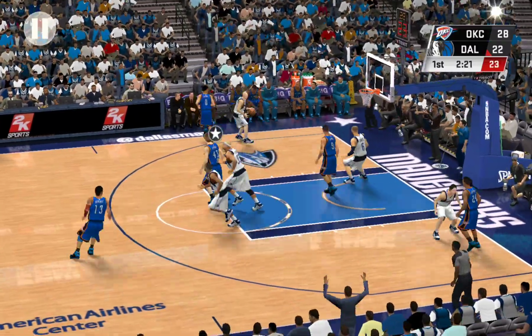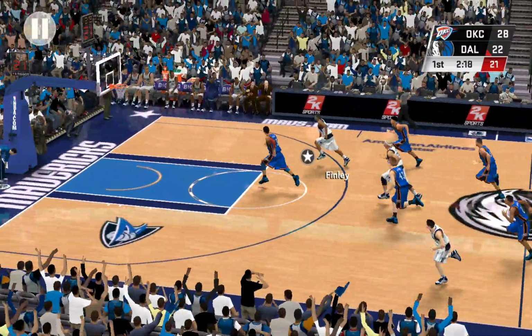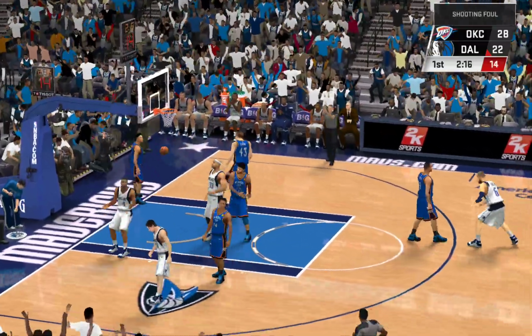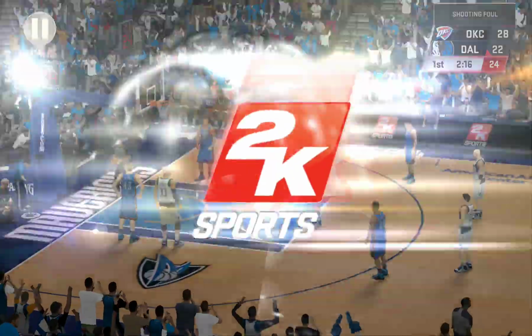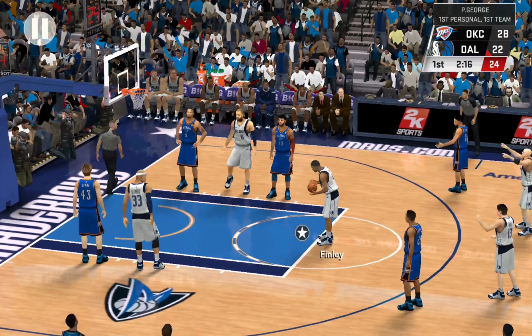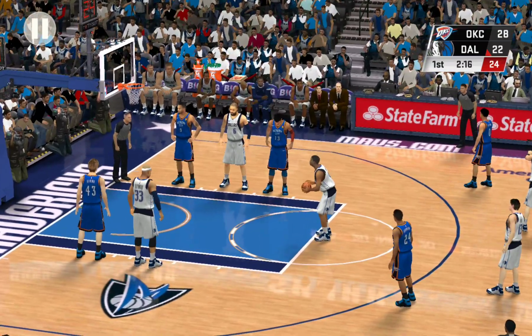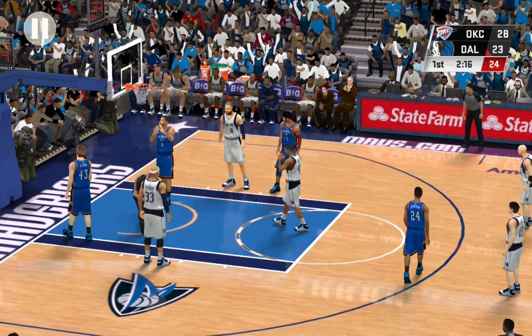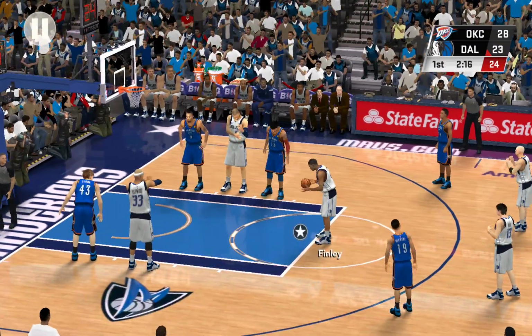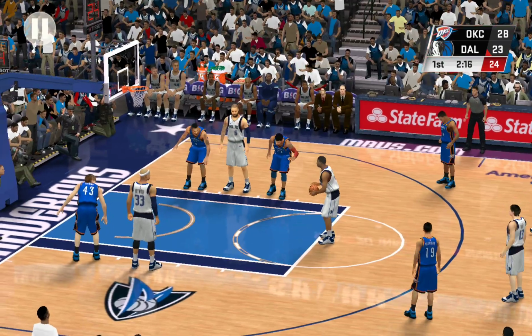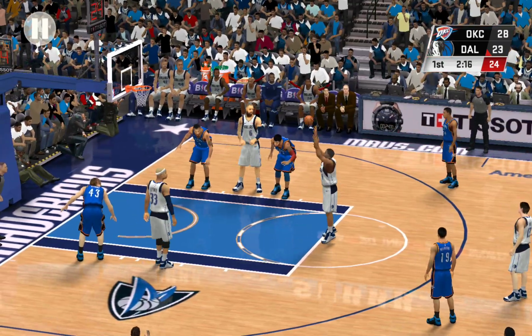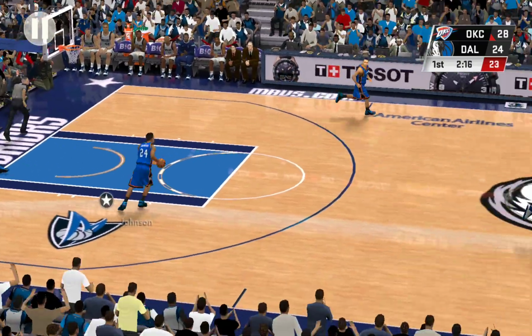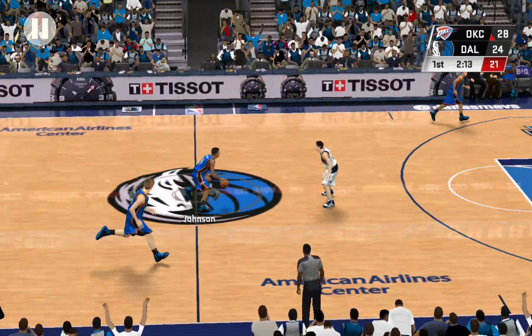Here's Westbrook. Kid with the steal. One-on-one fast break. Finley, and a foul on the shot. The first one falls. And the Thunder making a change here. That's also good, so he hits both free throws. The Thunder with the lead.